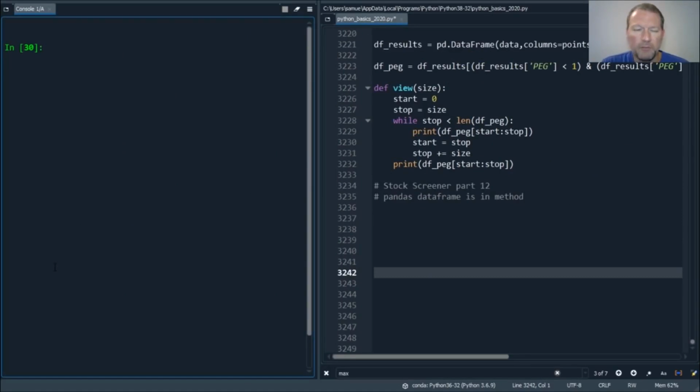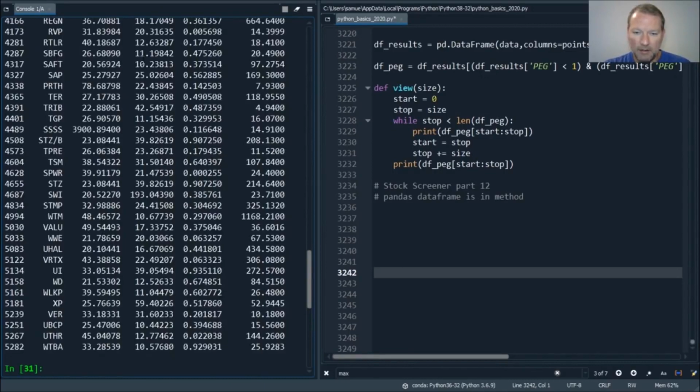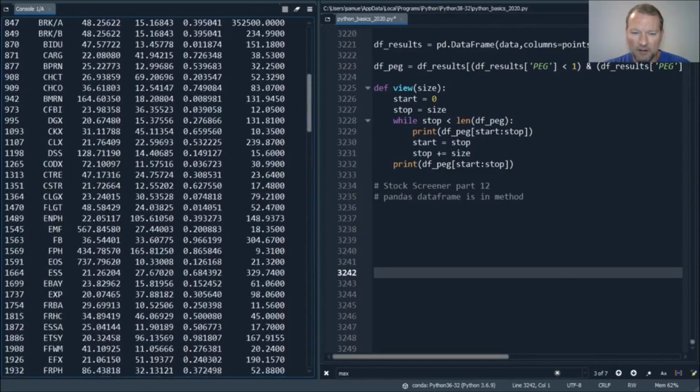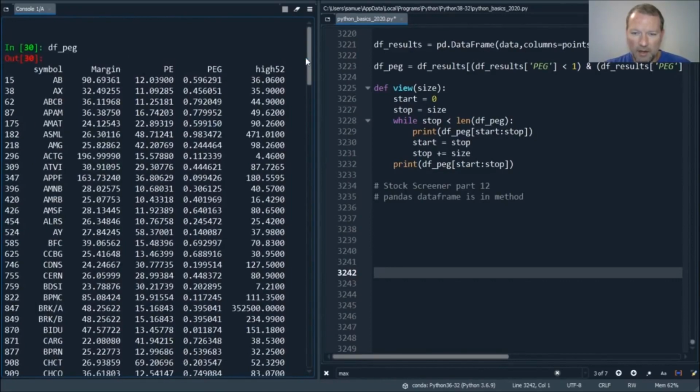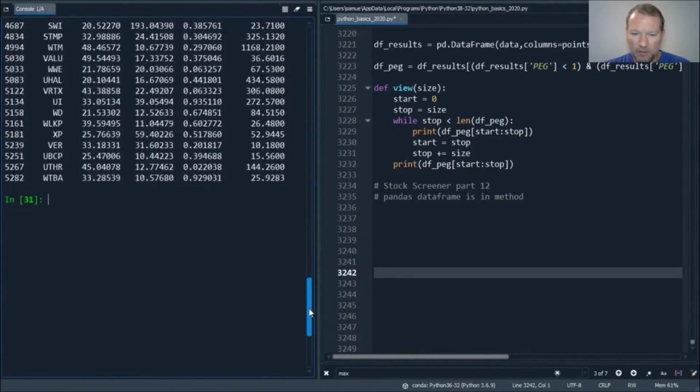We have one more thing to do. We're going to be looking at the pandas data frame isin method. What this method does is so very cool. Let's just go ahead and see. So if you've heard about join in SQL, I was about to type join. So we got our data frame peg. I forgot it's still set on all of them. So we have, and then also we have our all